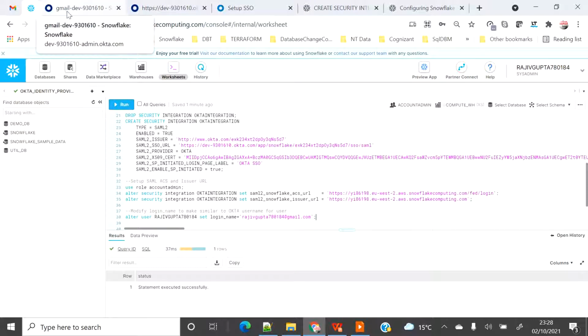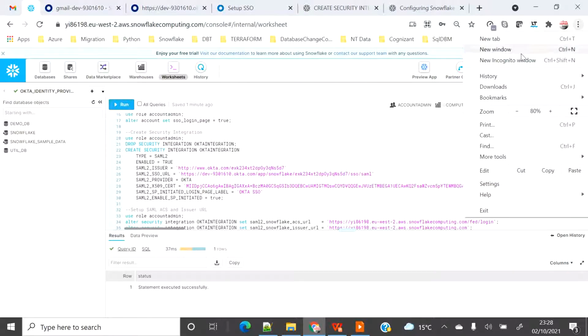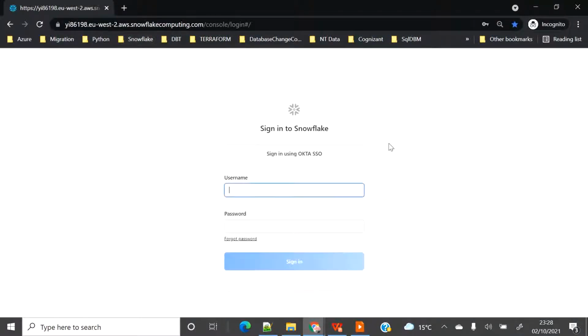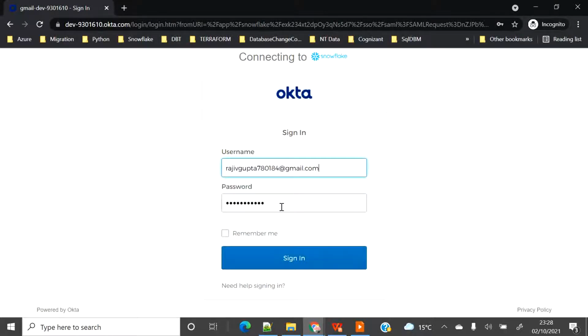Now that we are done with all the steps, I will go to incognito mode and open my trial account. You can see on the top that it says sign in to Snowflake. I will click here and provide my Gmail ID, my Okta ID, sorry.